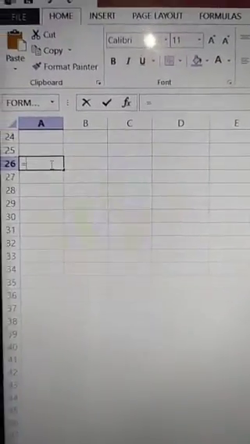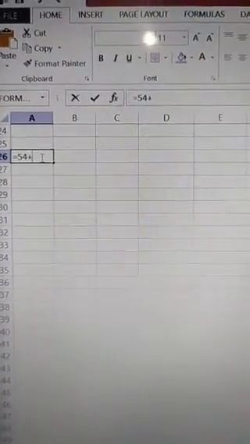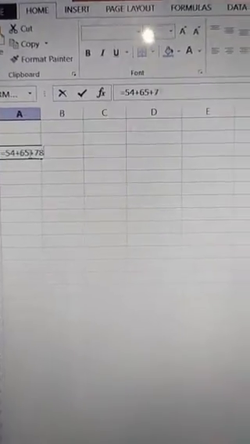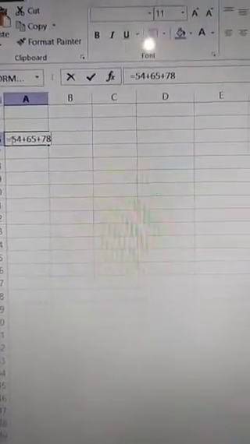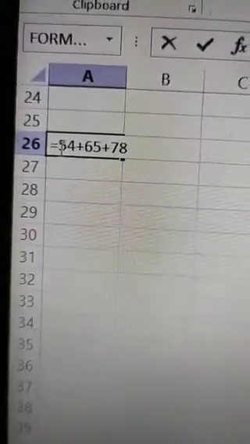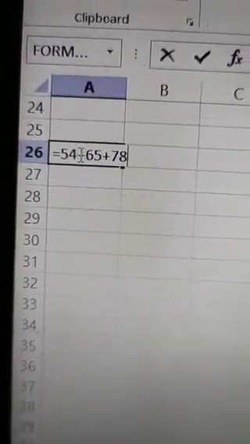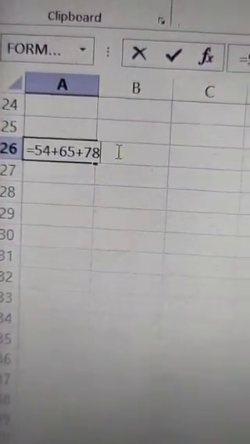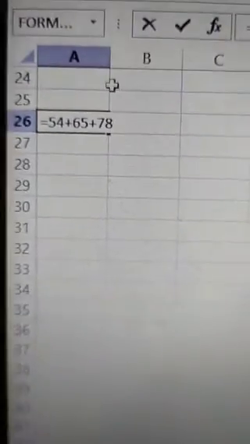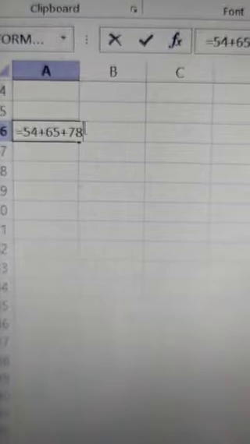After that, type the numbers. Say I have typed 54 plus 65 plus 78, so I want to add these three numbers. It is mandatory to give the equal to sign first, and after that type the number, then the plus sign, then again a number. However many numbers you want to sum, give them, and after that press the enter button and it will display the sum of those numbers.